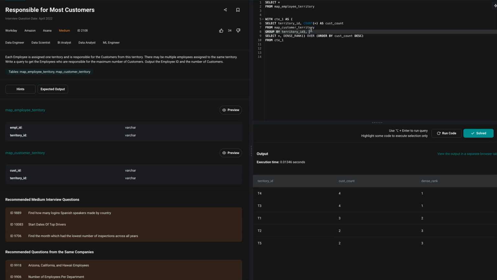Now I'm going to put this into a CTE as well. For a CTE, you wrap that in parentheses. And now, since we are done with the grouping and ranking of the customer and territory relation, we're going to focus on the first table here, which is the map employee table. So let's do select. In the map employee table, we have employee ID and territory ID, right? So let's select employee ID from the map employee territory table,